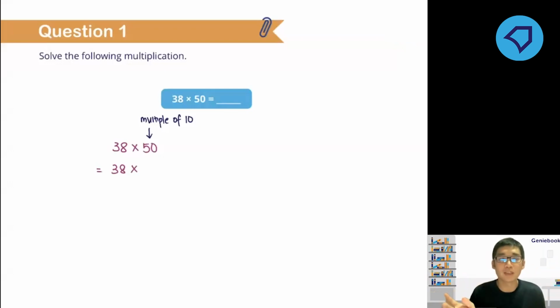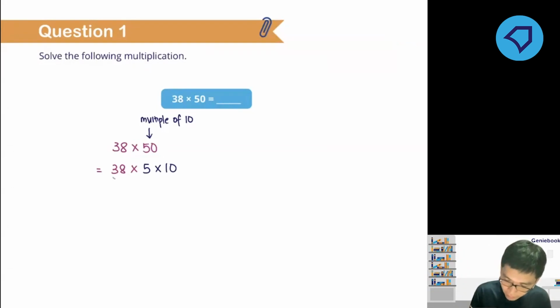Because I know for sure later on when I multiply by 10, all I need to do is just add a 0 at the back. So why not we split this 50 into something times 10? So we know that 50 is actually 5 multiplied by 10, right? 50 is 5 multiplied by 10. Yes, thank you, Wensi. All right, so now that we have split up the 50 into 5 times 10,